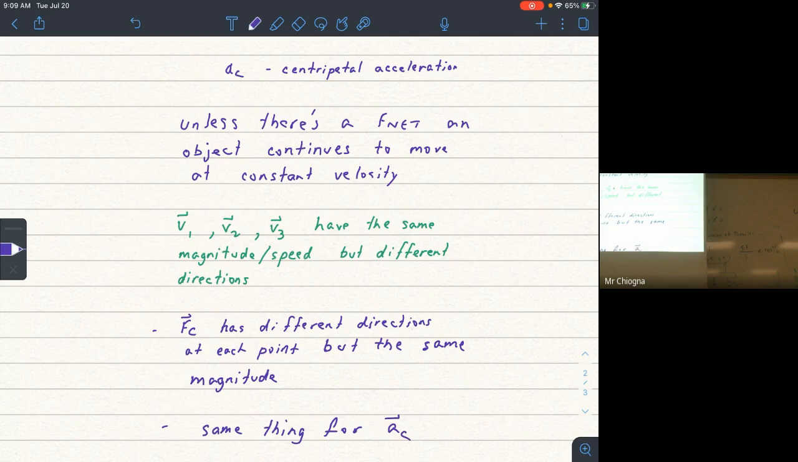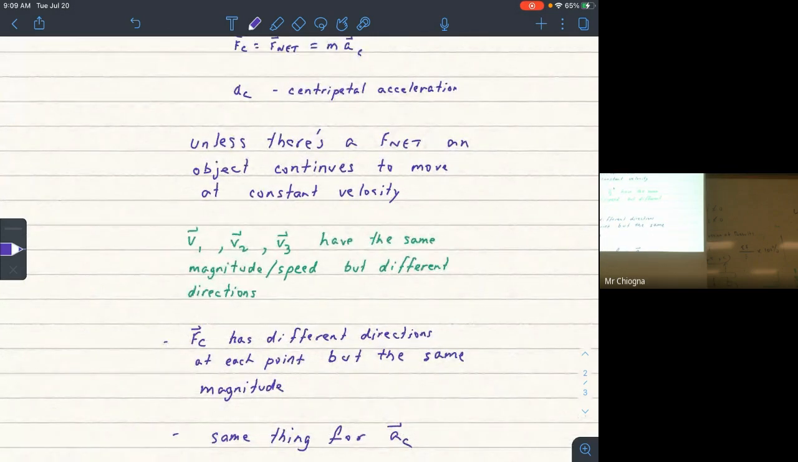Same thing for AC. Constant magnitude, yes? Unless there's an Fnet. Oh, unless there's Fnet, an object. Sorry, my printing is usually pretty good, but not on this. Unless there's an Fnet, an object, this is an